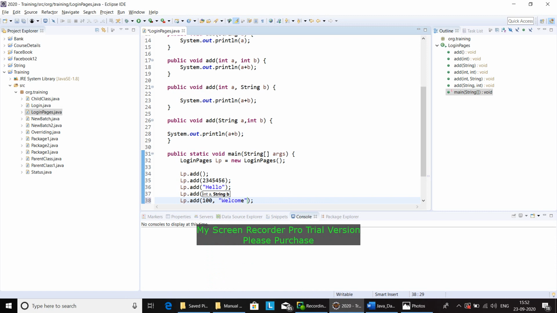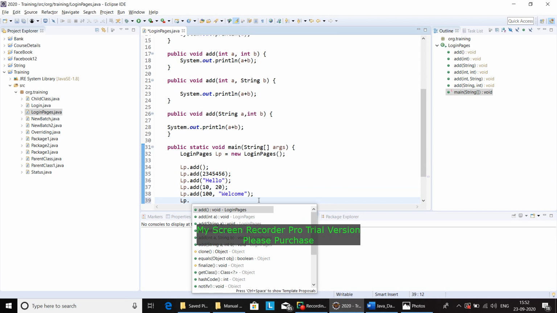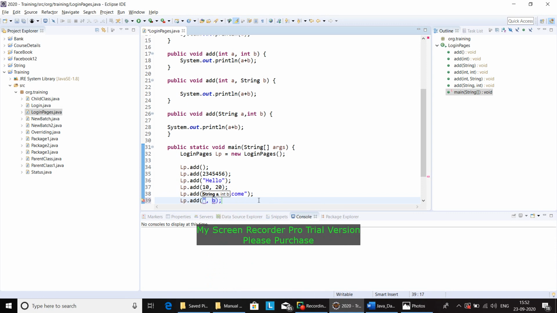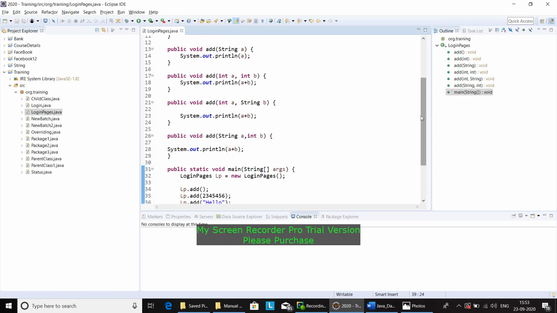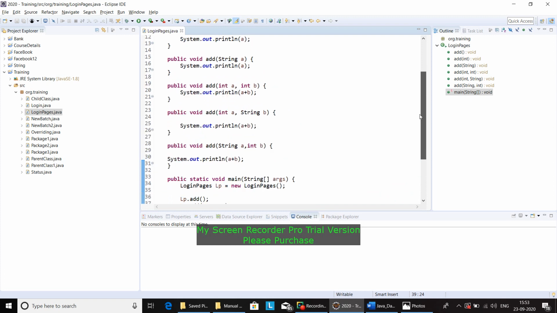So I will say welcome, save, come down. What is the next one we created? String a comma int b. So string, let's say hi, and int b, let's say 30. Save it. These are the combinations we gave, and inside them we gave our business logic.